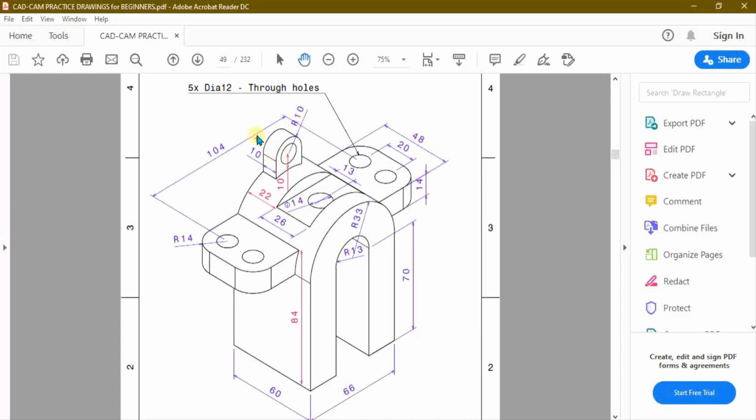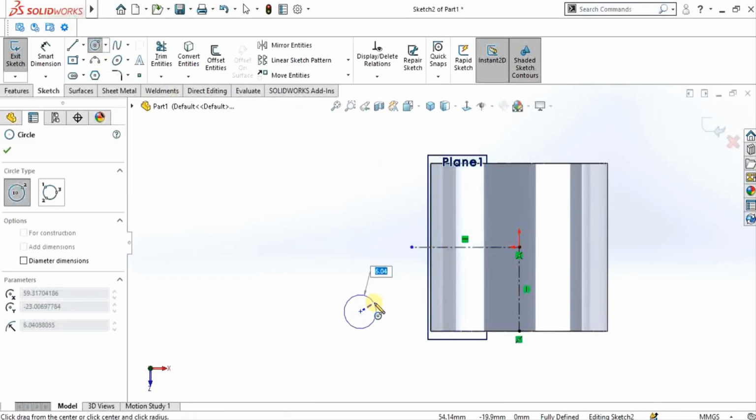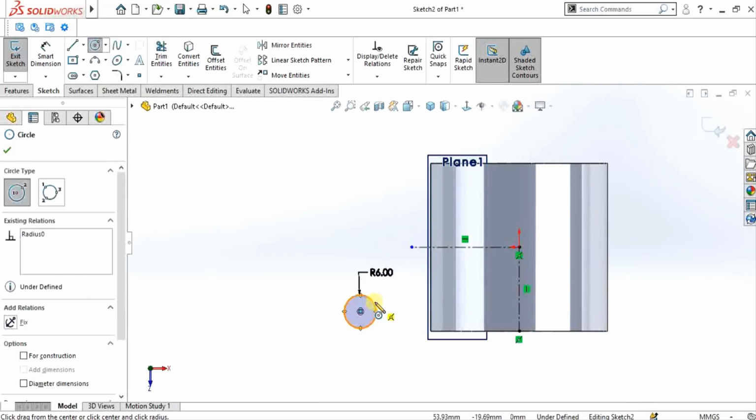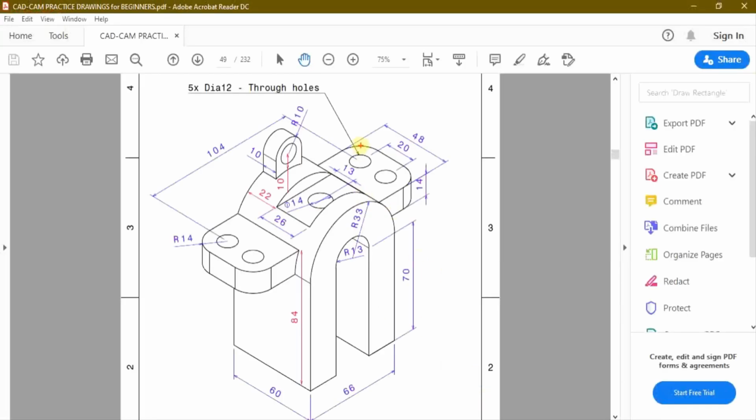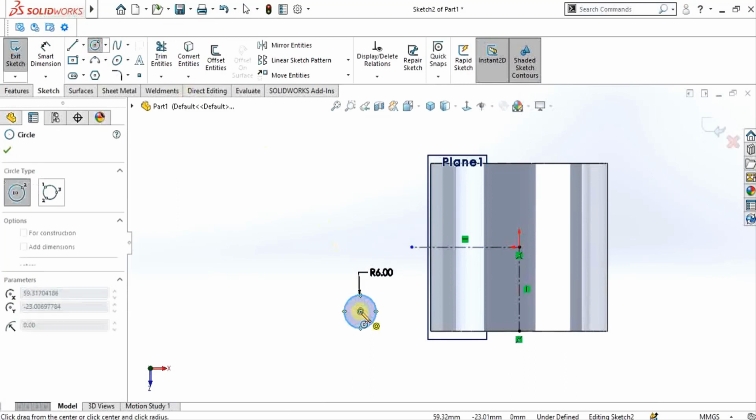As you can see, we have the dia of 12, so radius will be 6. We are going to make it randomly like this. Now as you can see, this fillet is of 14 radius, so we will make another circle of radius 14 here.